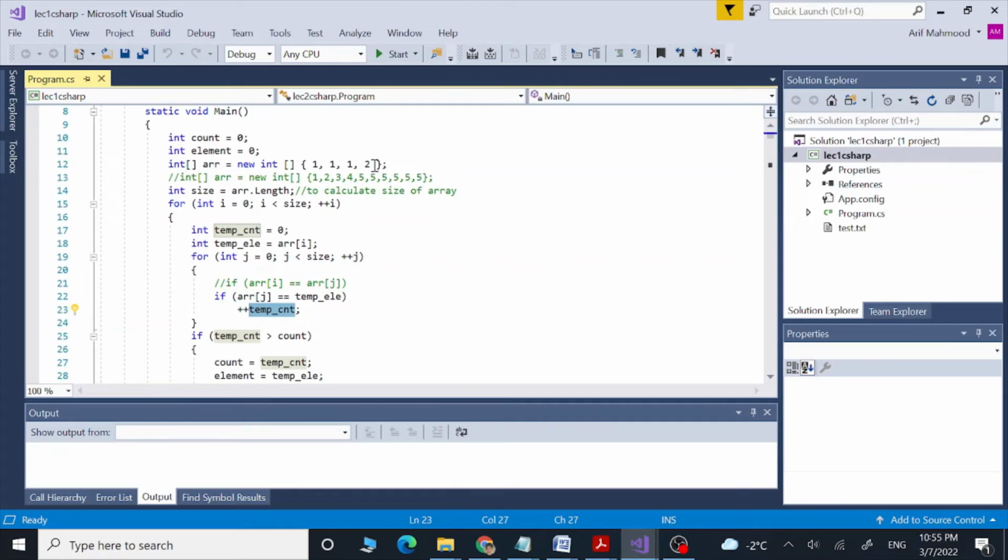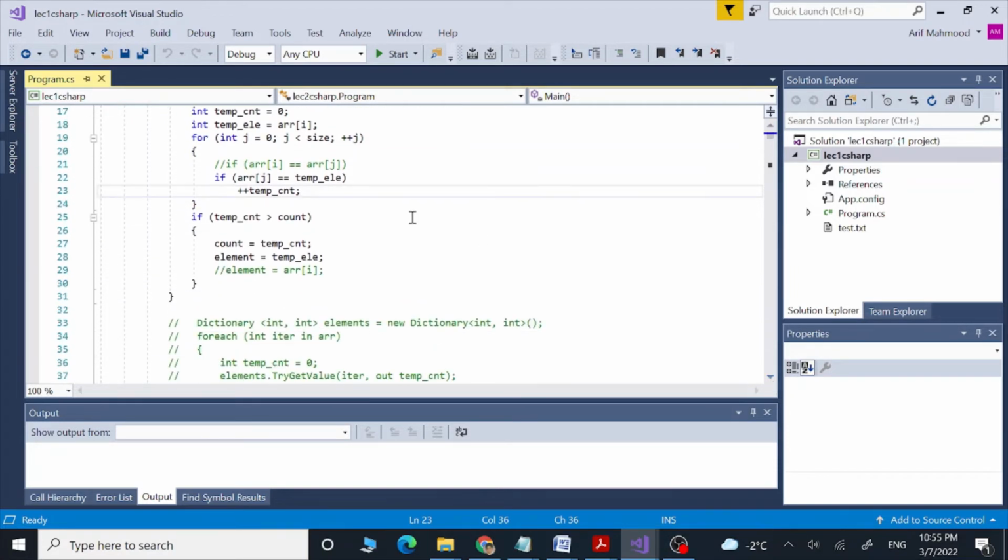So 1 is going to get a count of 3 here. 2 is going to get, in this case, a count of 1 here. After that, we use this conditional statement: if our temporary count, which we are getting here, is greater than our main count, which is initially 0, then we put the temporary count inside our global variable count, and make that count equal to this count.